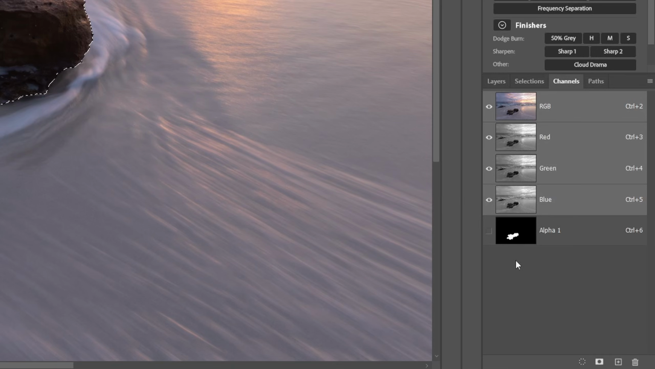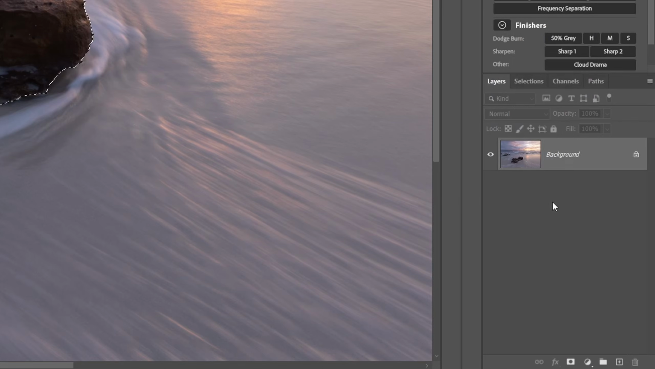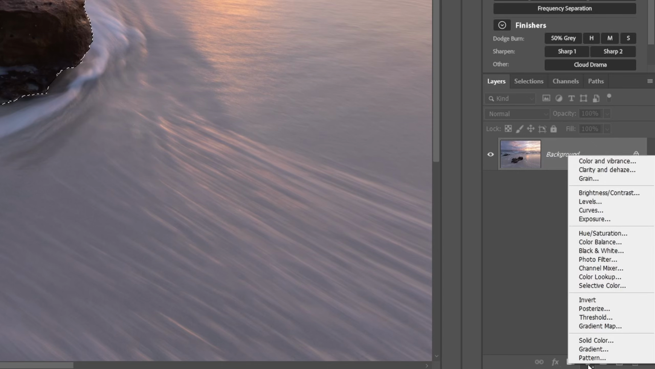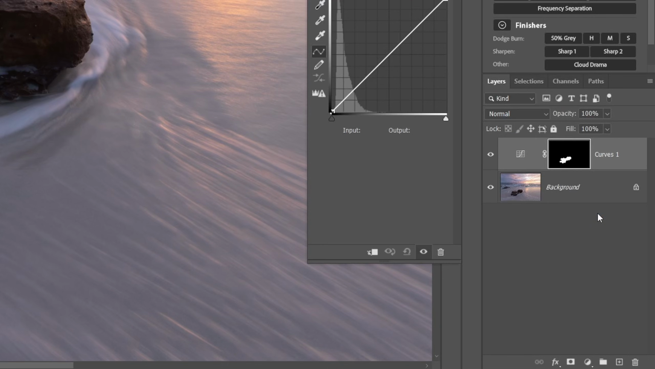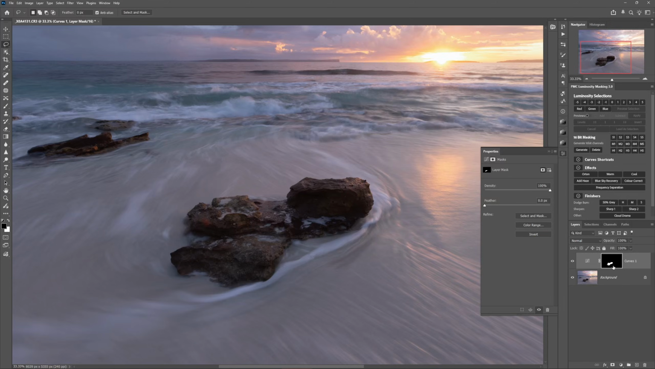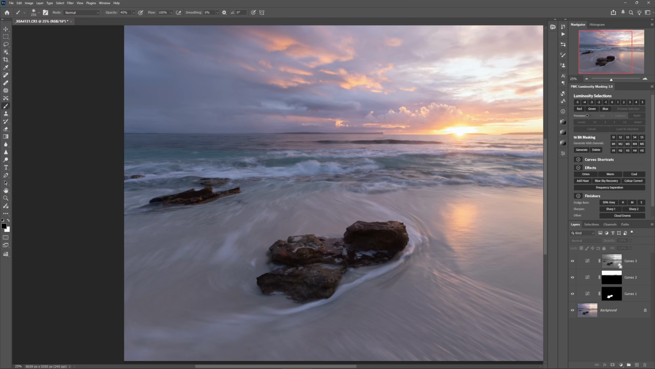Well, did you know that instead of saving it in the channels panel, you can just add a new curves adjustment layer and the selection is going to be saved into its layer mask. And if you don't adjust the curve, it's just going to sit there happily, not affecting the image in any way. And then when you're ready to use that selection later, you can just load it up directly from the curves mask. Which brings us on to mini hack number 2, which is that you can hold Command or Control